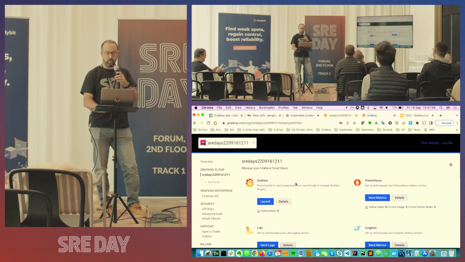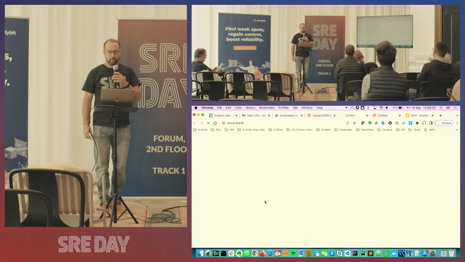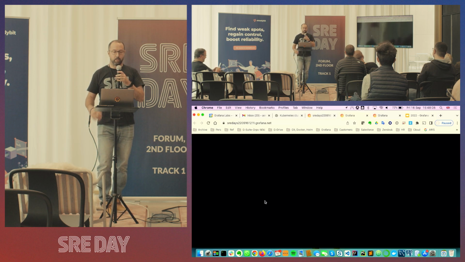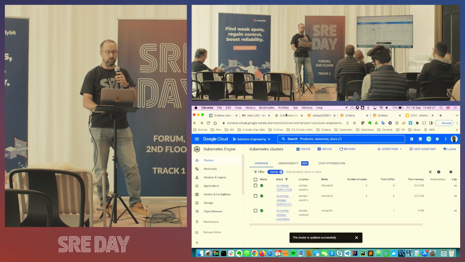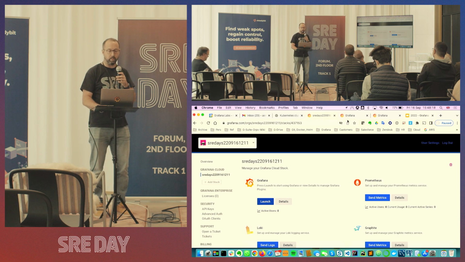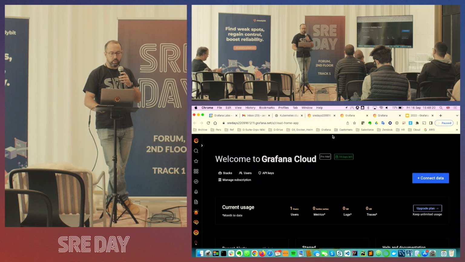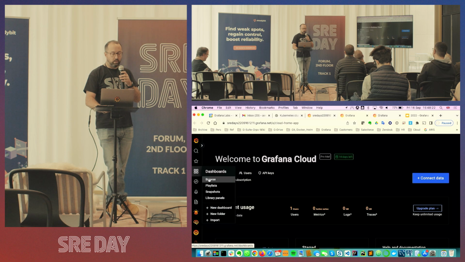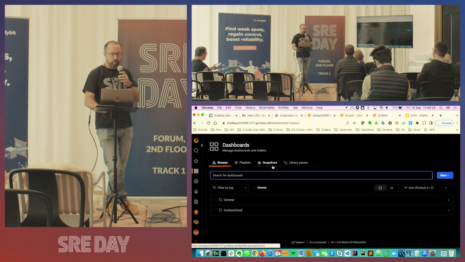Okay, so if I go in then and I launch my Grafana instance, bear in mind this is a fresh Kubernetes cluster. We'll see when we see the metrics. I spun this up at around midday today. Again, with this Grafana account, it's completely new, so there's no data in there yet, so we're going to start ingesting some data. So in here, you can see in Grafana, if I go and browse, we have no dashboards